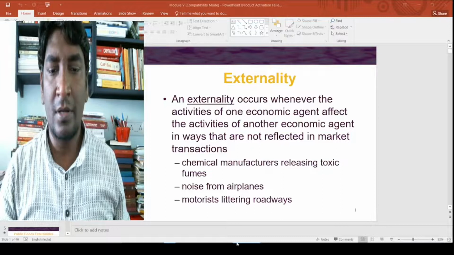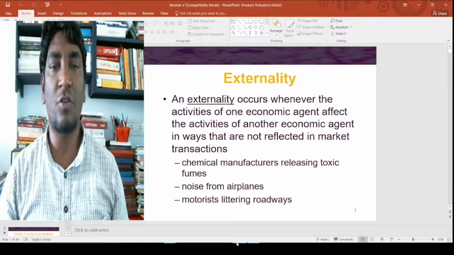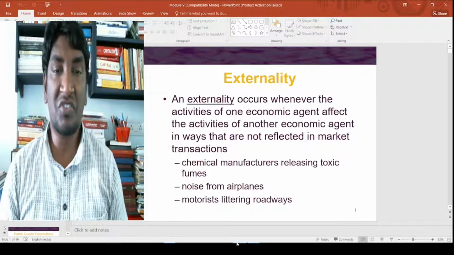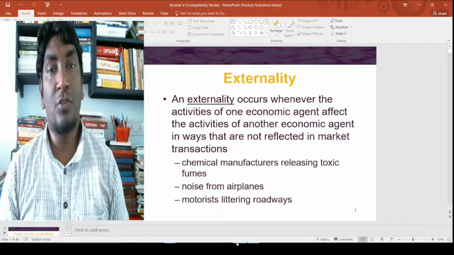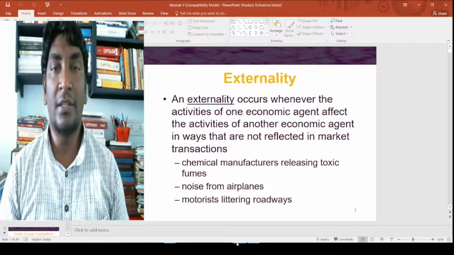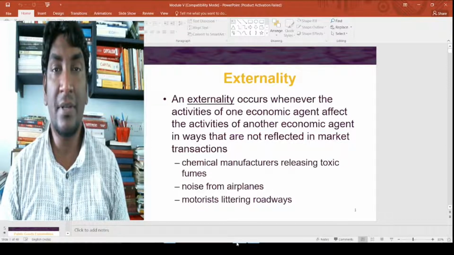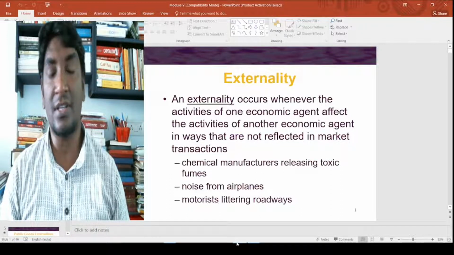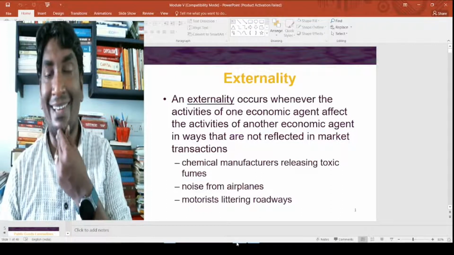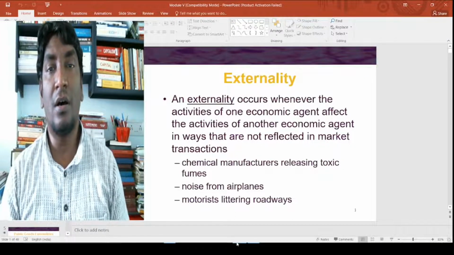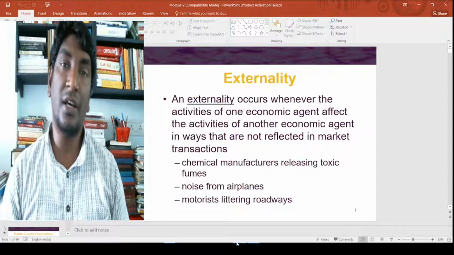Good morning. Today we are going to discuss the topic of externality and the other aspect of information asymmetry. This is also part of the continuous journey from information asymmetry and the other aspects we had discussed in the previous lecture, such as uncertainty and other things. Externality had also been a part of an earlier discussion.